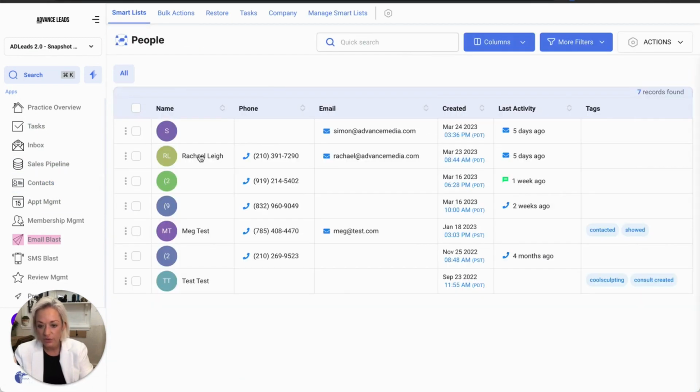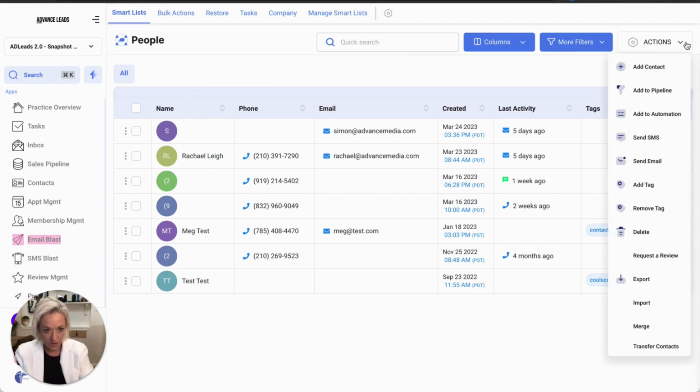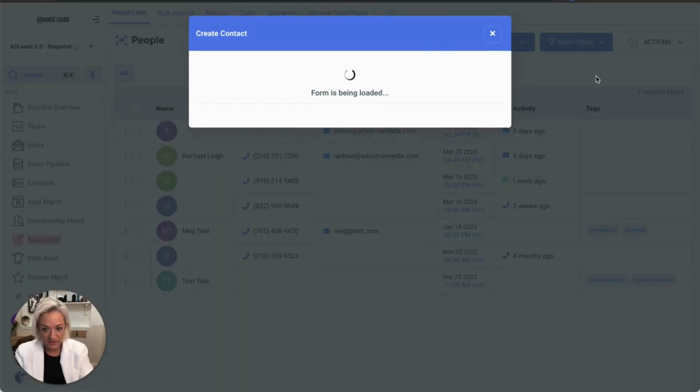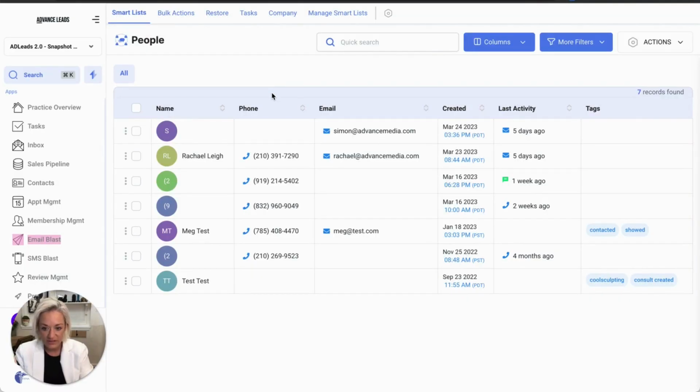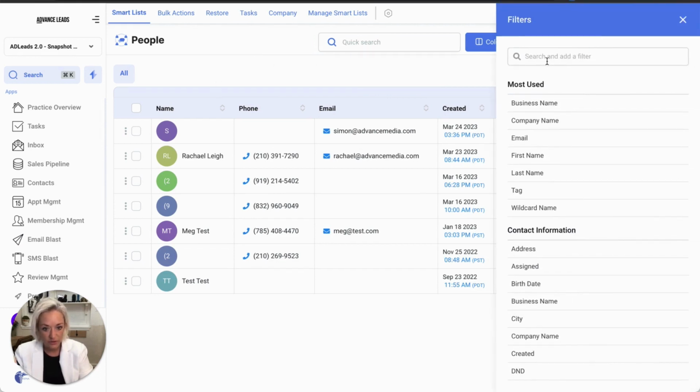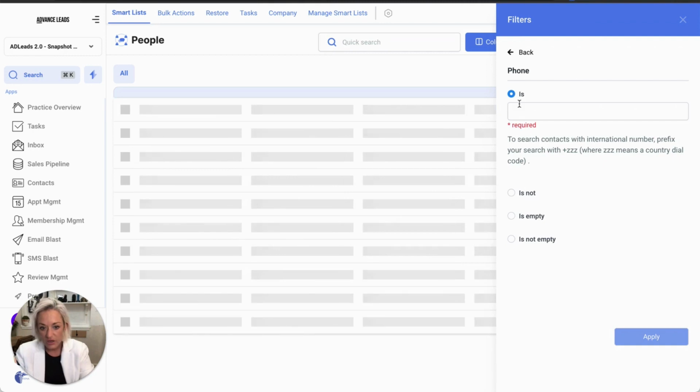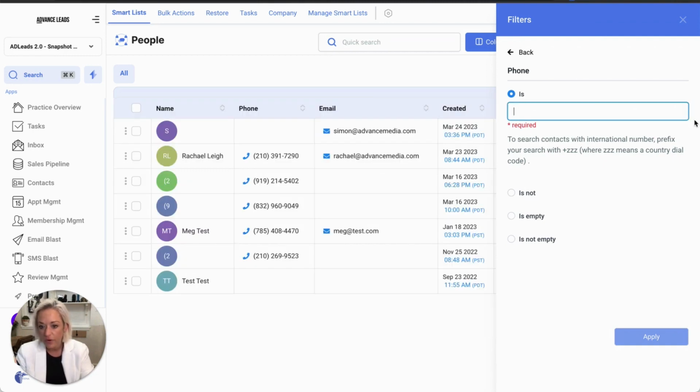Now I want you to make sure that you have your contact added to your account. If you don't, you can go into actions, add contact, and the form will load, and you want to make sure that you have your first name, your last name, your cell phone number, and an email address added. If you're not sure, you can always search for your name, or if you go into filters and look up phone, you can search for part of your phone number, and then that will bring up your information